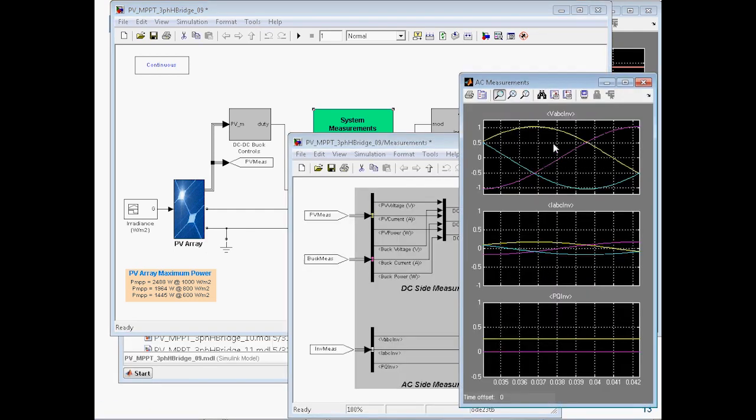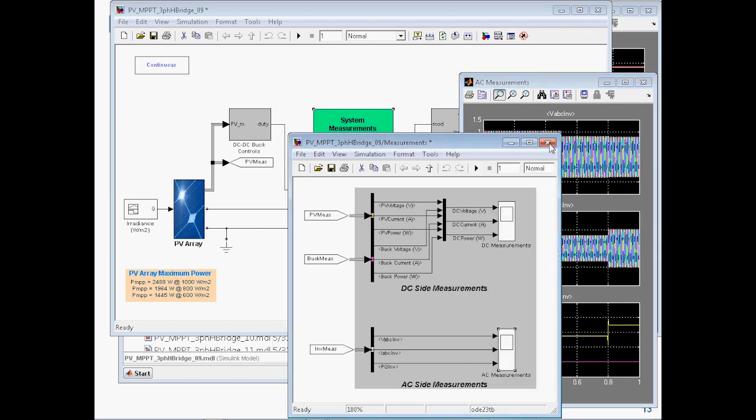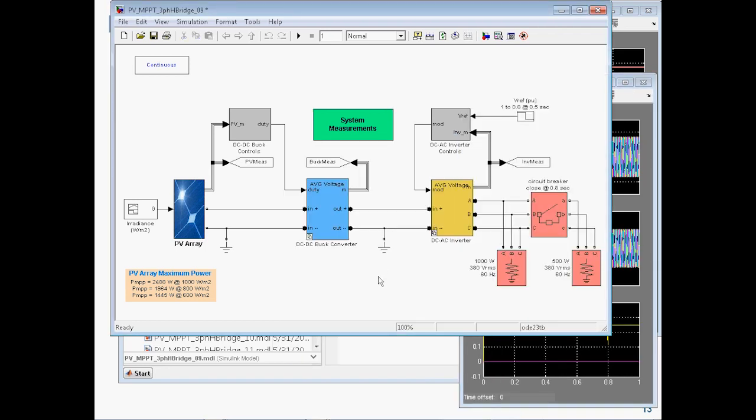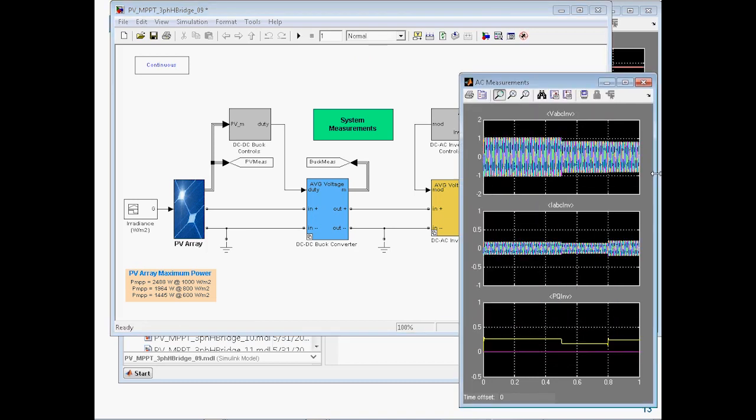I can see the response. Apparently not much change. But what you have to look at here is the harmonic behavior of this system. In order to do that, I have been running average voltage versions, and as you can see, just so you can feel the speed of the simulation,